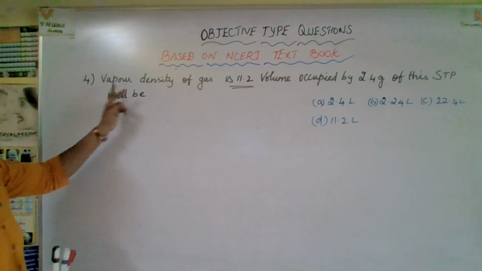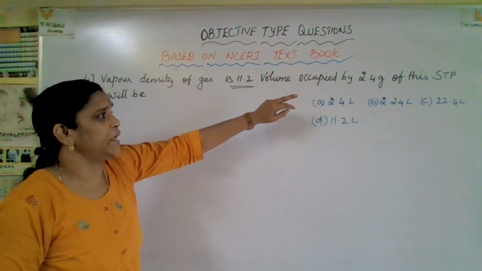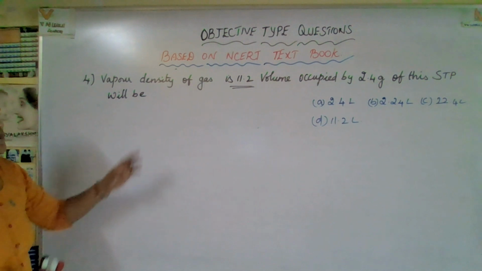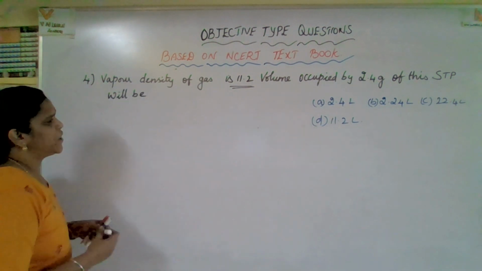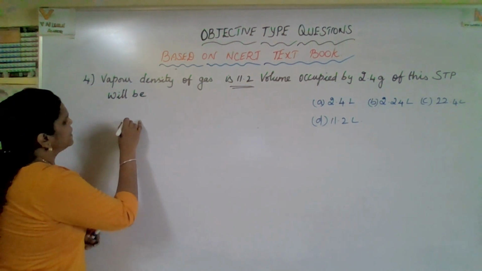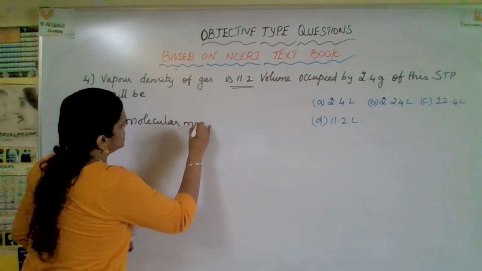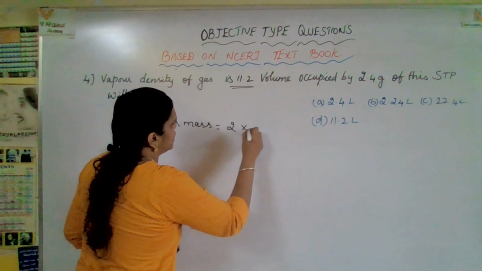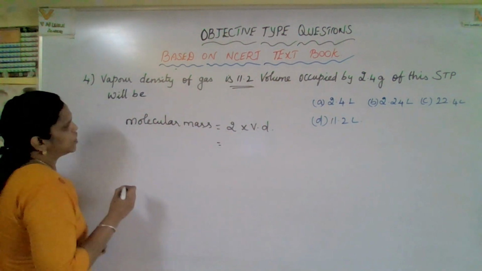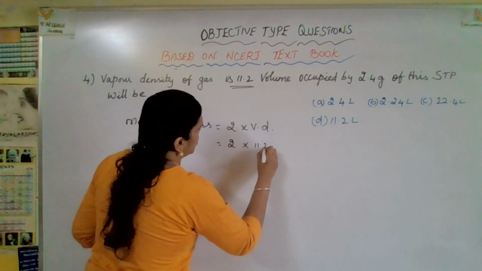The next question. Vapor density of a gas is 11.2. The volume occupied by 2.4 gram of this at STP will be? They have given the options. Let us go and identify. First and foremost, what is the formula for vapor density? Molecular mass equal to 2 into vapor density. So 2 into the given vapor density 11.2, you will get